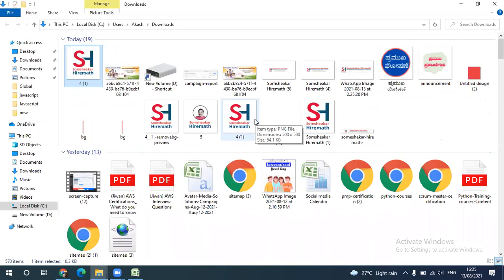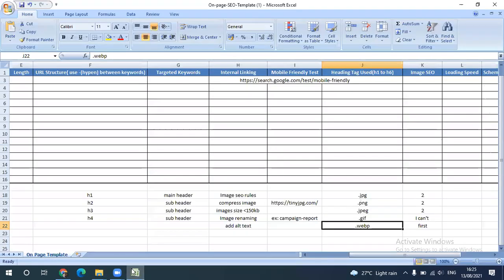That is the reason I told you that the first priority you can give is WebP. This is a very important thing. Okay, I will also say here: use WebP images. Why do we have to use WebP images? I gave the complete example here and how to use it. And even Google recommends the WebP image format.